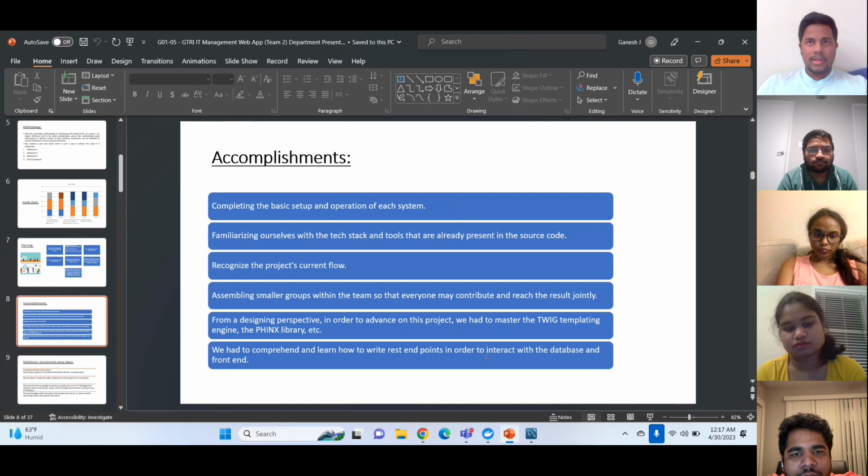We also took care of assembling groups together so that everyone is doing their own work and also helping with others' work. From a design perspective, to advance in this project, we had to master the Twig templating engine and the Phoenix library. And coming to the next slide,